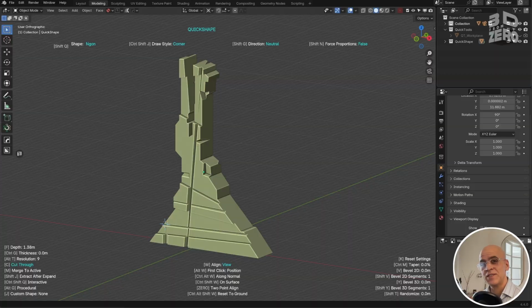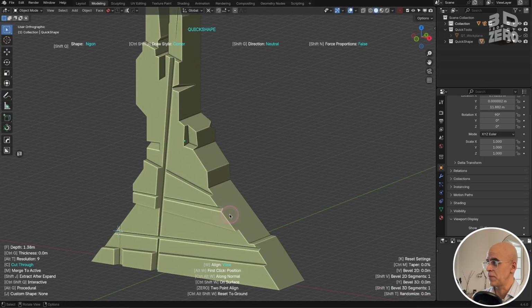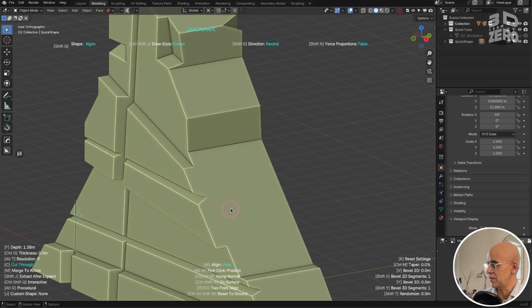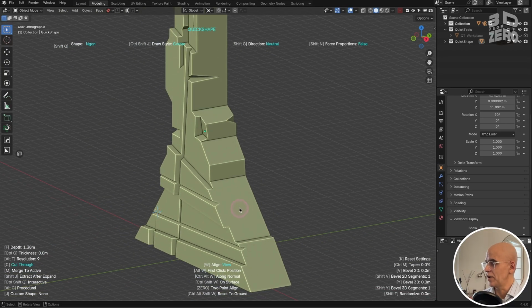You can add shapes to your sculpt by holding Control and Shift whilst you draw. For example, if I wanted to add, say, another tower of rock here, I could shift right click to place the cursor where I want this tower sort of to be. Then I could hop into front view,